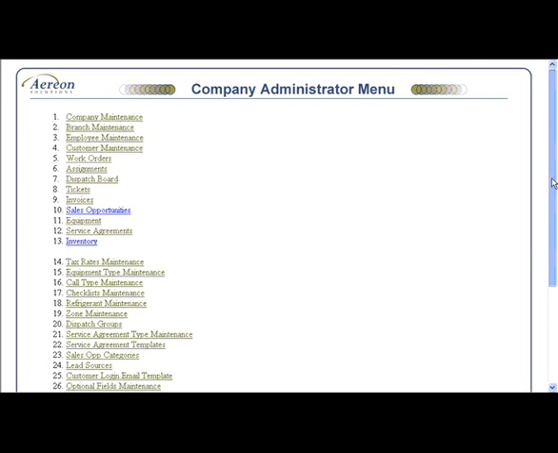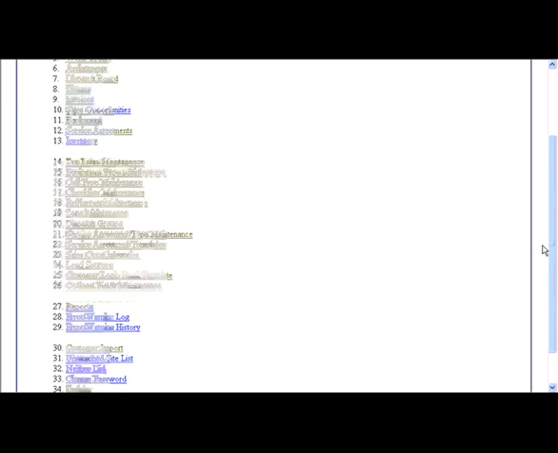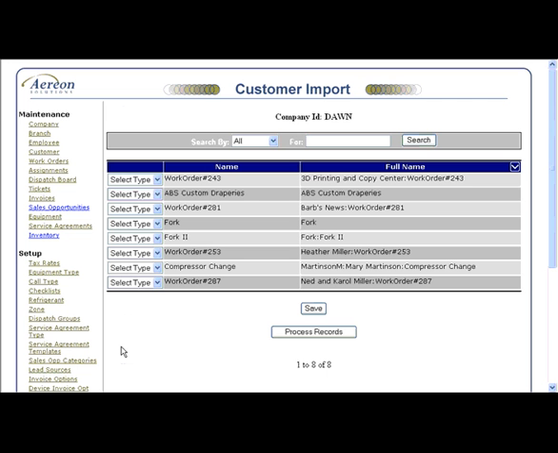To make customers usable in FieldMaster Pro, click the Customer Import button on the main menu. Customers that have been added in QuickBooks and have been imported to FieldMaster Pro must be made usable. Begin by clicking the drop-down arrow on the left and selecting if the imported listing is a customer, site, or